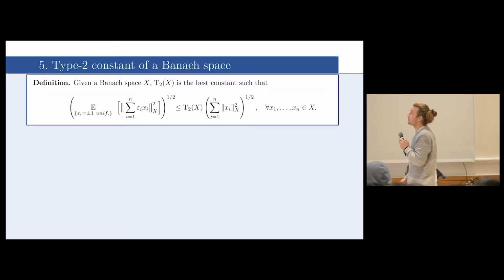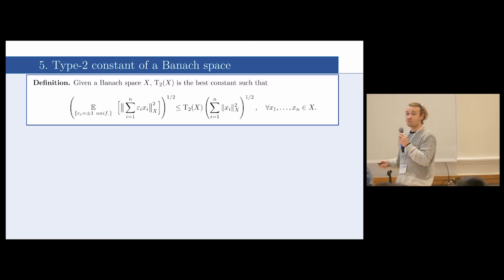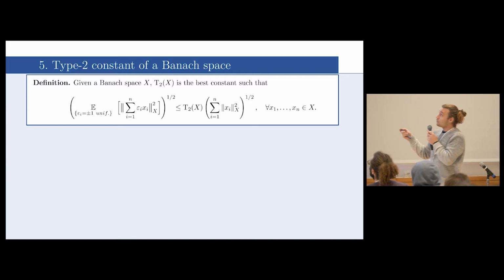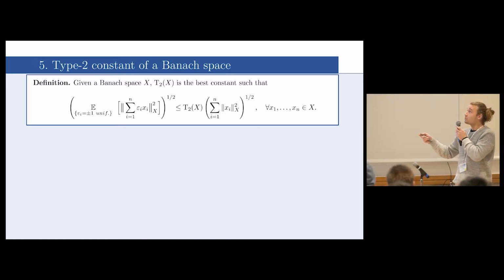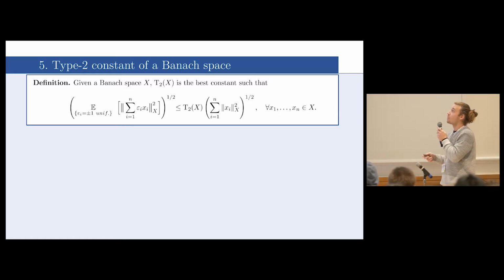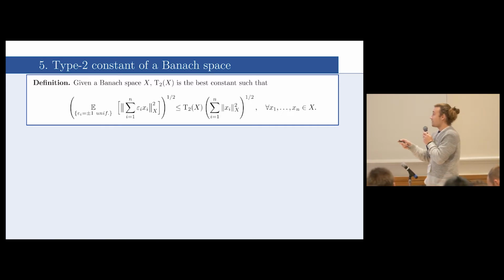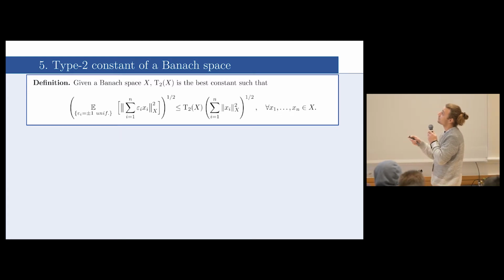Okay, we found the correct tool to deal with this question in the theory of type and cotype of Banach spaces. So now I'm going to introduce the notion of the type 2 constant of a Banach space, which will be the essential quantity we are going to study in order to get our lower bound. Well, so for a given Banach space X, we define its type 2 constant as the best constant I can